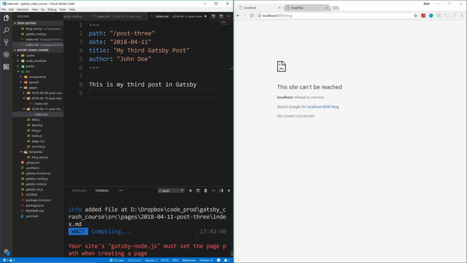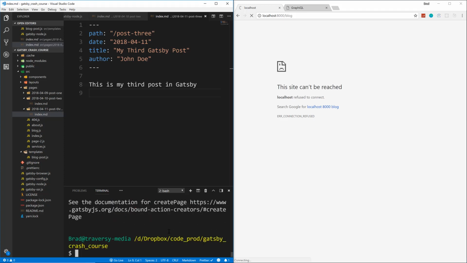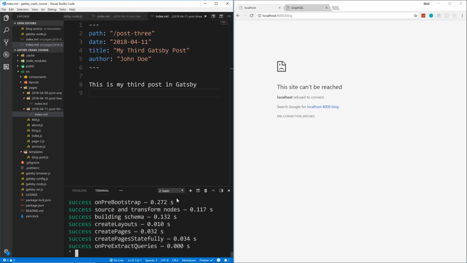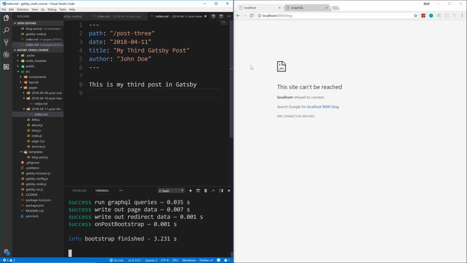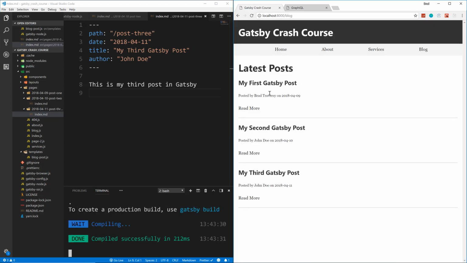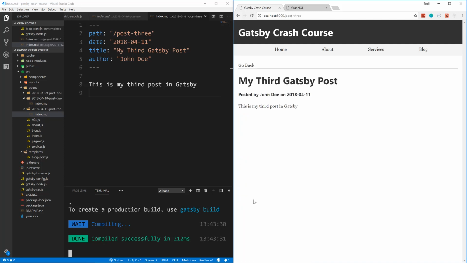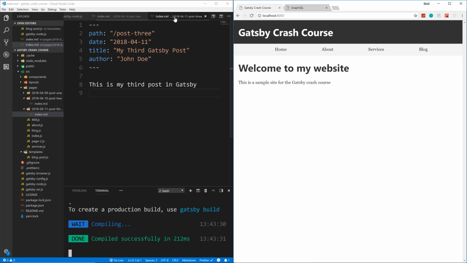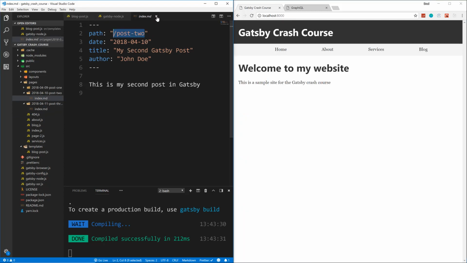You must set the path when creating a page. All right, let's just restart this. Gatsby develop. And hopefully, yep, there it is. My third Gatsby post. Let's click on it, and there we go. All right, awesome. So we have a static site with a blog,